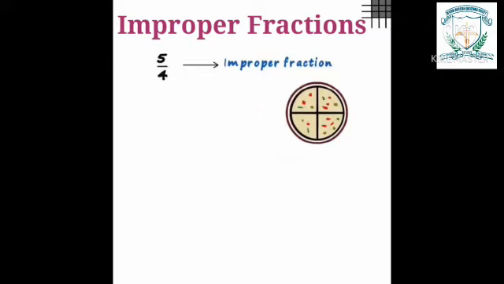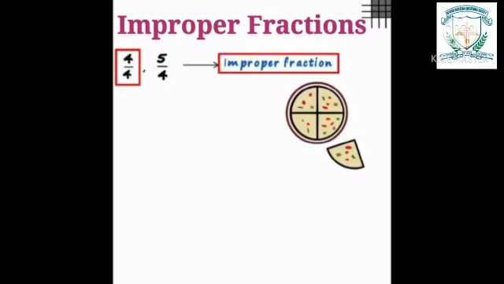But what if we have a 5th pizza slice which we want to place on the plate? How do you do it? Well, you don't have a choice, so you just place it over the other slices. We place 5 parts over 4 parts. What about the case when 4 out of 4 parts were filled? Then the fraction would be 4/4. And yes, this too is an improper fraction.